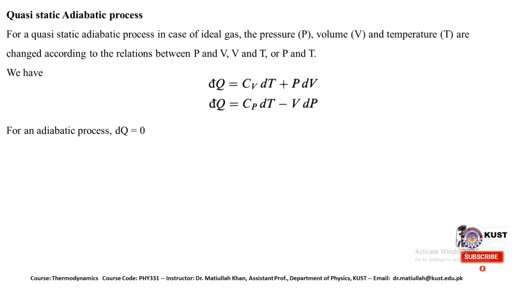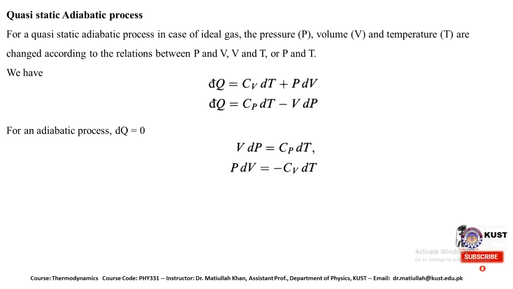Based on this, even in the previous lecture we modified the first law equation in terms of the heat capacity at constant pressure and constant volume. So we have written the equation like that: dq is equal to Cv dT plus P dV. Further, when it was modified, it was equal to dq is equal to Cp dT minus V dP. So what happens if we consider an adiabatic process? In that process no heat enters or leaves the system, so dq will be equal to 0. So we can modify the above equation like that: Cv dT plus P dV is equal to 0,